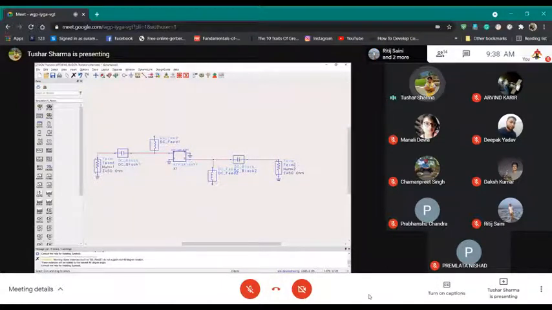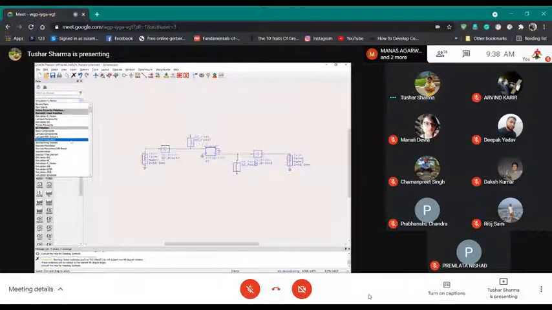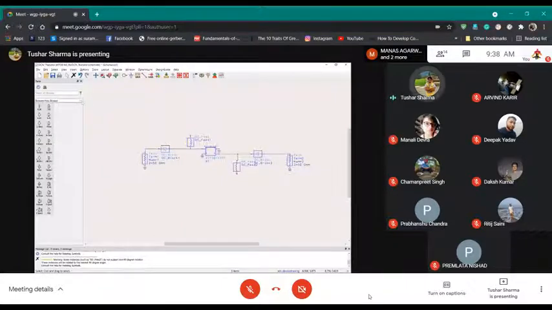So basically what you have done so far is you have created choke, you have created DC block. And now what you will do, you will supply DC voltage. Okay. So for voltages, there is something called, if you drop down, sources, frequency domain. Okay. From here, go to VDC. So this VDC first will be VGS.